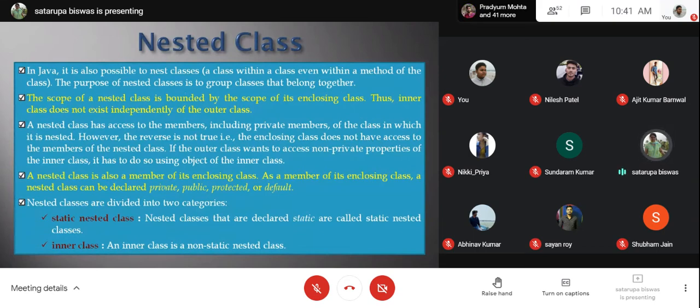Basically, nested classes don't have that many uses, but if you think that with the usage of a nested class your program will be better, then you can do that. Basically, from inside the class, if you want to create a data type, then we create the nested class. Otherwise, there is not much use of nested classes.